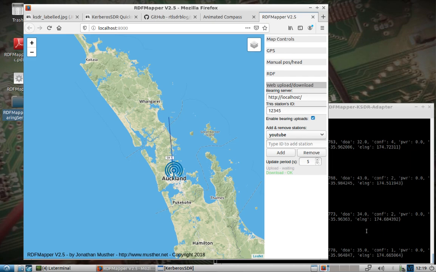Okay, so just to recap, we took DragonOS LTS, we removed the default drivers for RTL-SDR, we replaced them with the Kerberos drivers specific. We installed the KerberosSDR software. We installed all the prerequisites, and then we went ahead and got the RDF Mapper up and running. Everything is talking to one another, and we're now displaying the lobs in this RDF Mapper with our stationary DFing